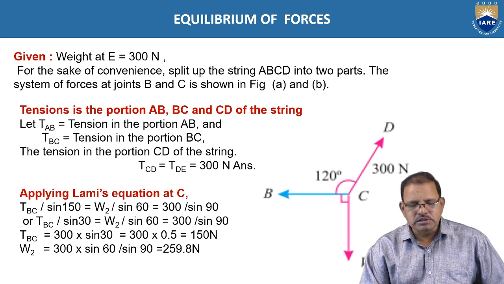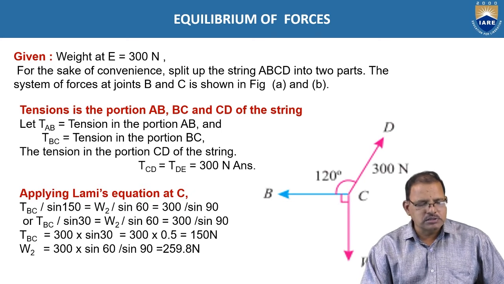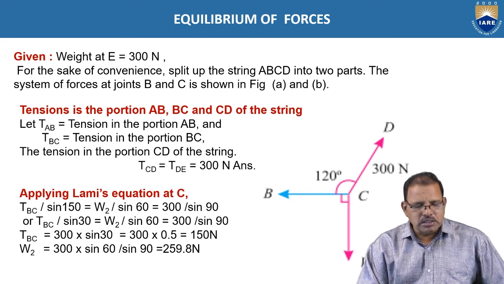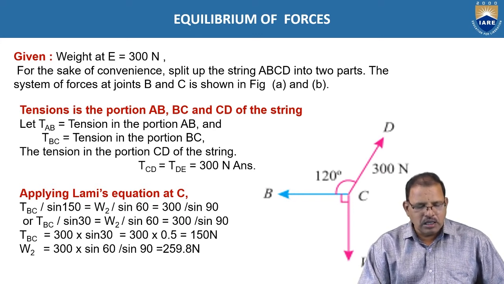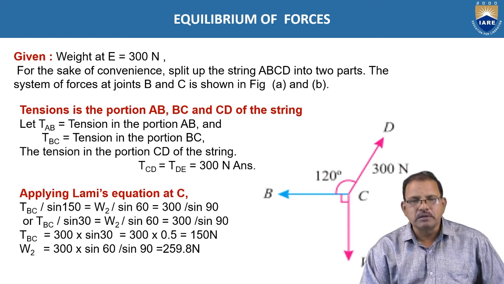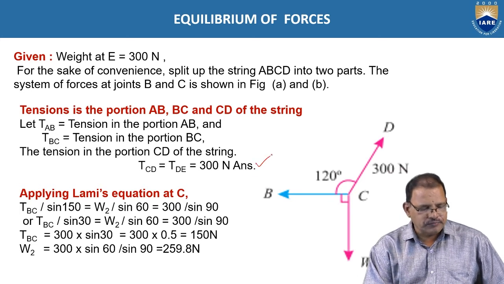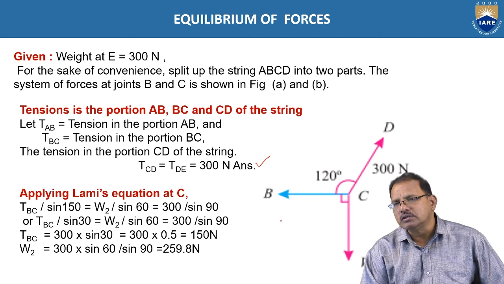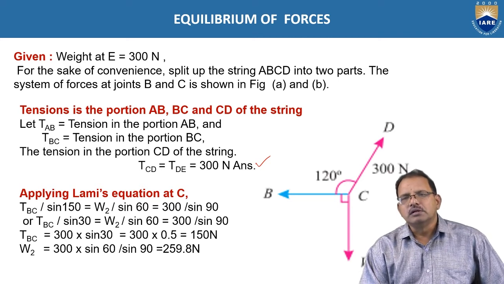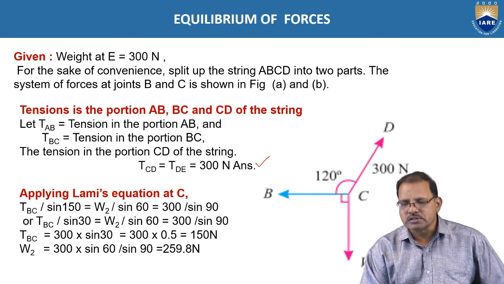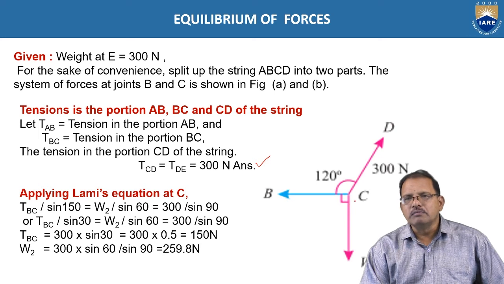For the sake of convenience, split the string ABCD into two parts. The system of forces at joints B and C is shown in the figure. The tensions in the ropes AB, BC, CD: here TAB represents the tension in rope AB, TBC represents the tension in BC, and the tensions in CD and DE are both equal, hence equal to 300 newtons. Applying Lami's principle, or you can resolve the forces in the x and y directions. According to Lami's equations we get, the Lami's principle is representing